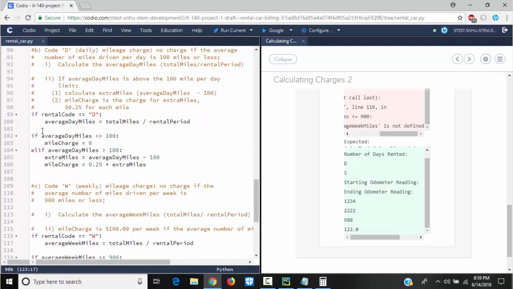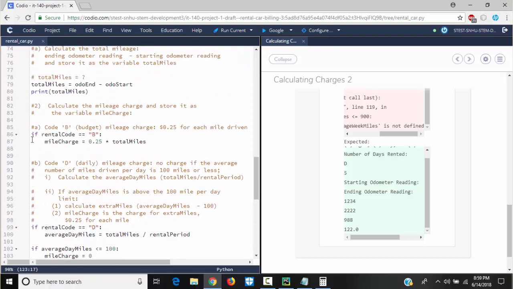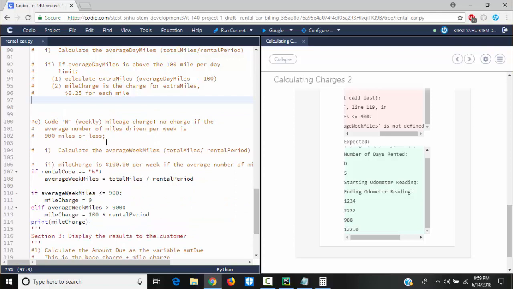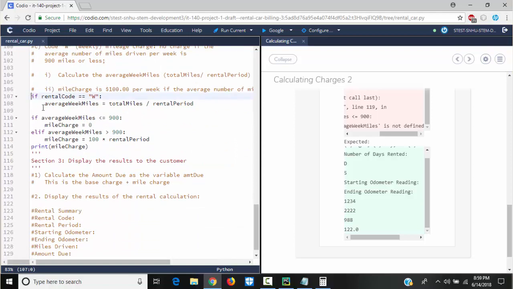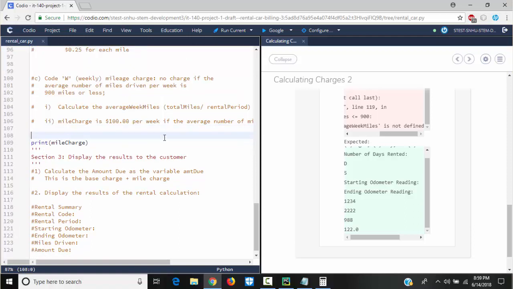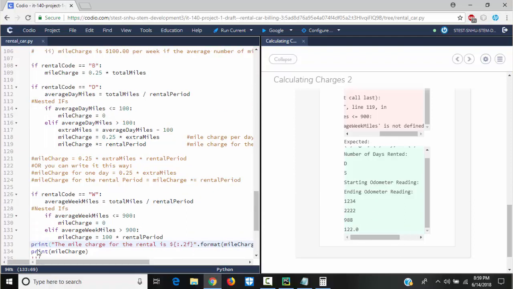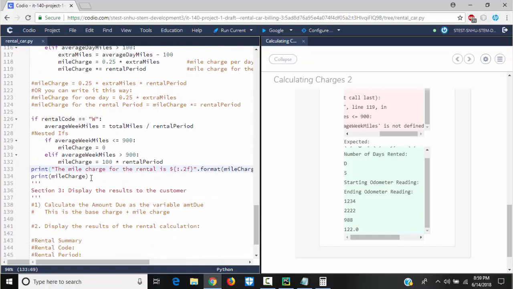I'll delete this. I'll delete this. I'll delete this one. I'll delete this here. Yeah, I still need print mileCharge because probably your Encodio doesn't want me to put the dollar sign, so I'm gonna leave it like that. So I'm gonna come, I just say print mileCharge.